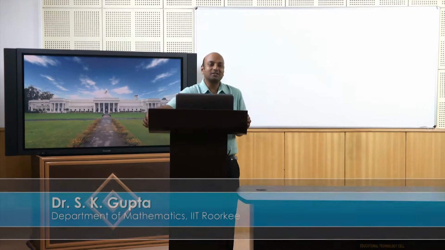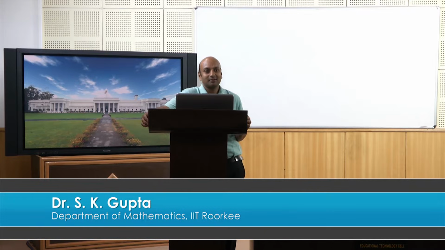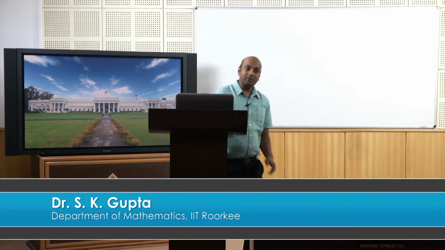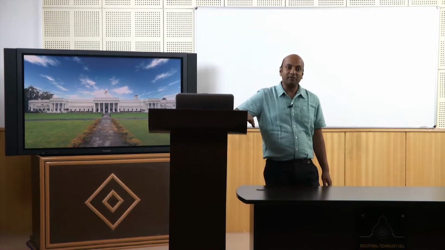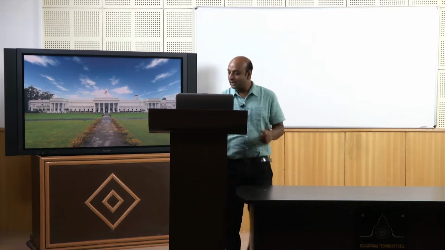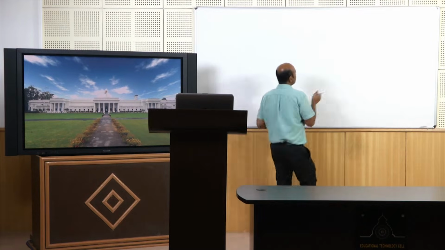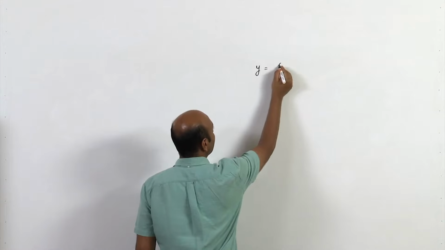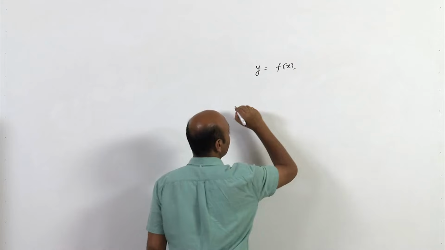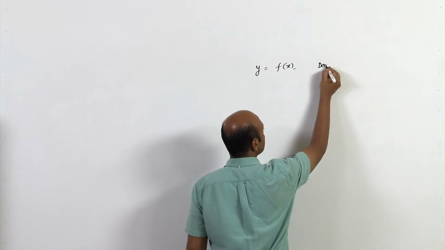So, today we will discuss extremum values, that is, how to find maximum or minimum values of a function of several variables. Let us first recall the case of a function of a single variable. We know that if we have a single variable function y equals f(x), and the domain of this function is D, suppose,